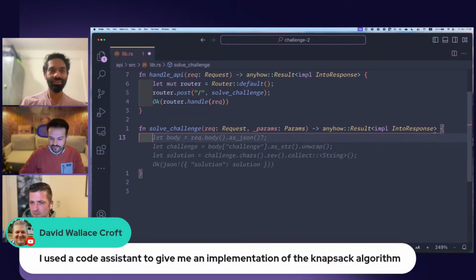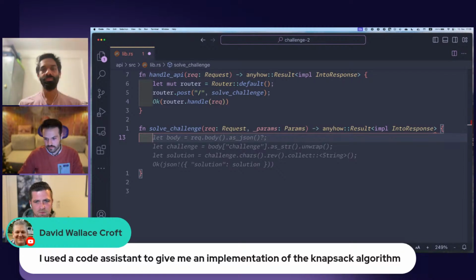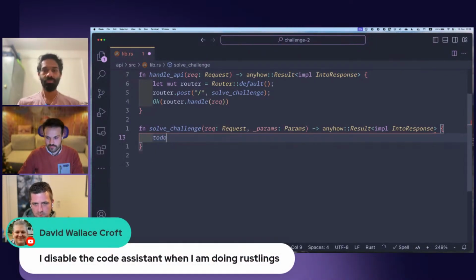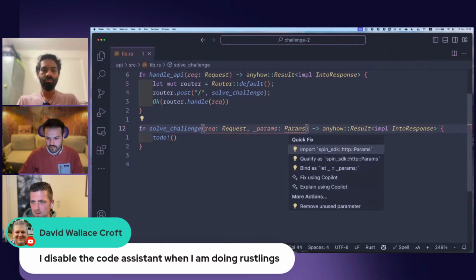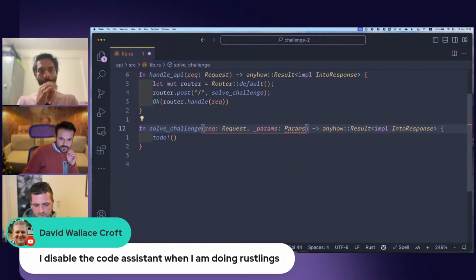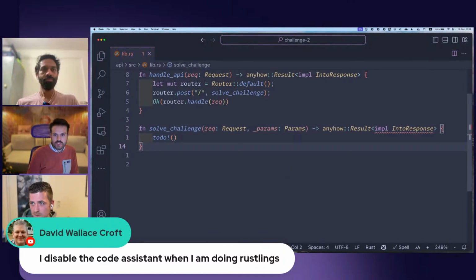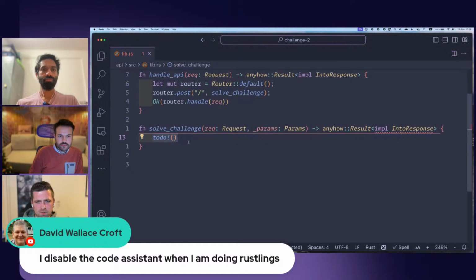Cool. Let me check. So basically, I think from a structural point of view, we should be cool. We have to do something over here, and then we have to bring in params, right? Import this one, yes. Okay, yeah, now it's complaining about the return value, but that should be good for now. Or maybe we have to return an okay.